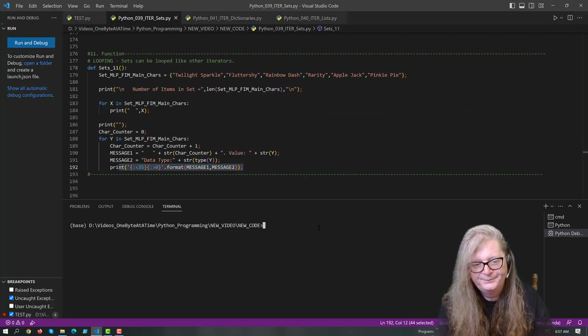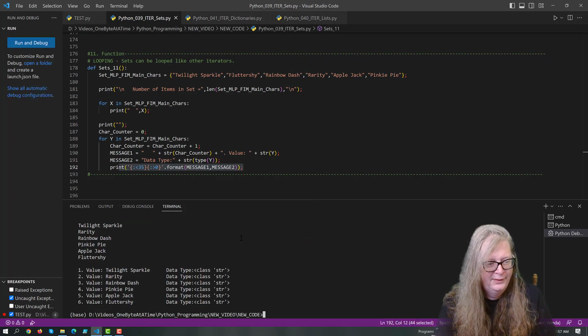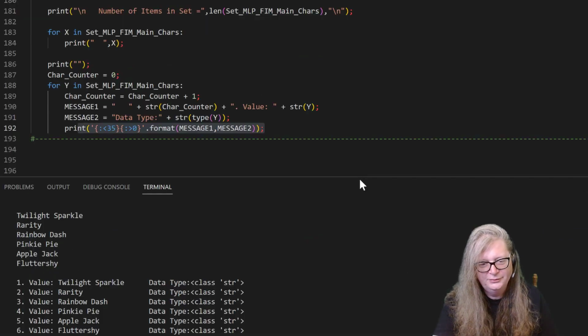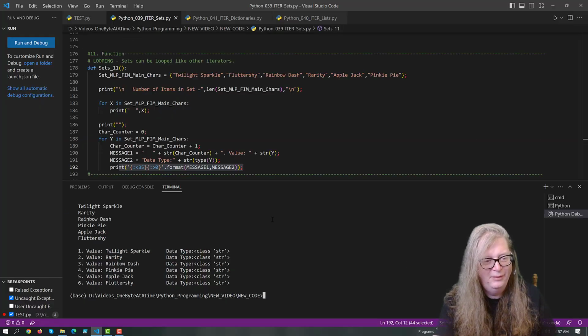So just looking at how it works in a repetition structure, just like any other iterable, right? We can go through it. So we're getting the items: Twilight Sparkle, Rarity, Rainbow Dash, Pinkie Pie, Applejack, Fluttershy. But in this case, look here, here's the data type of all those classes of object.